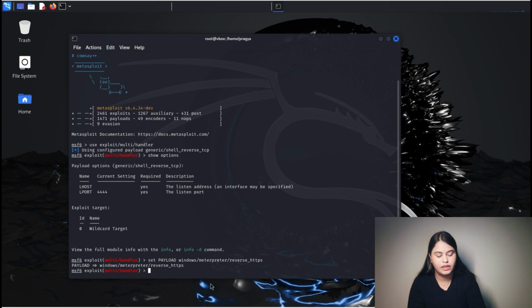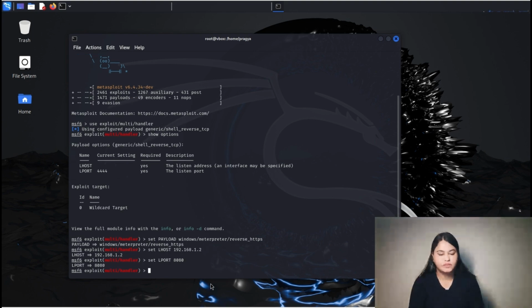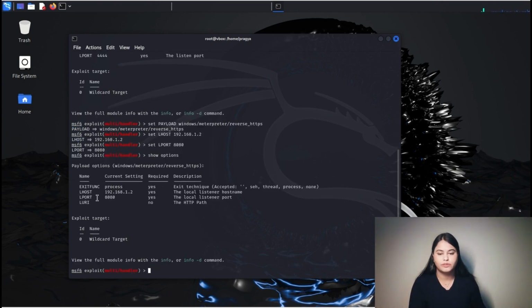Then set LHOST. Okay, once we have done this, if we now do show options, you're just seeing exactly what we have set. So over here, you can see the LHOST and the LPORT. So it is now the same as what we were having for our backdoor.